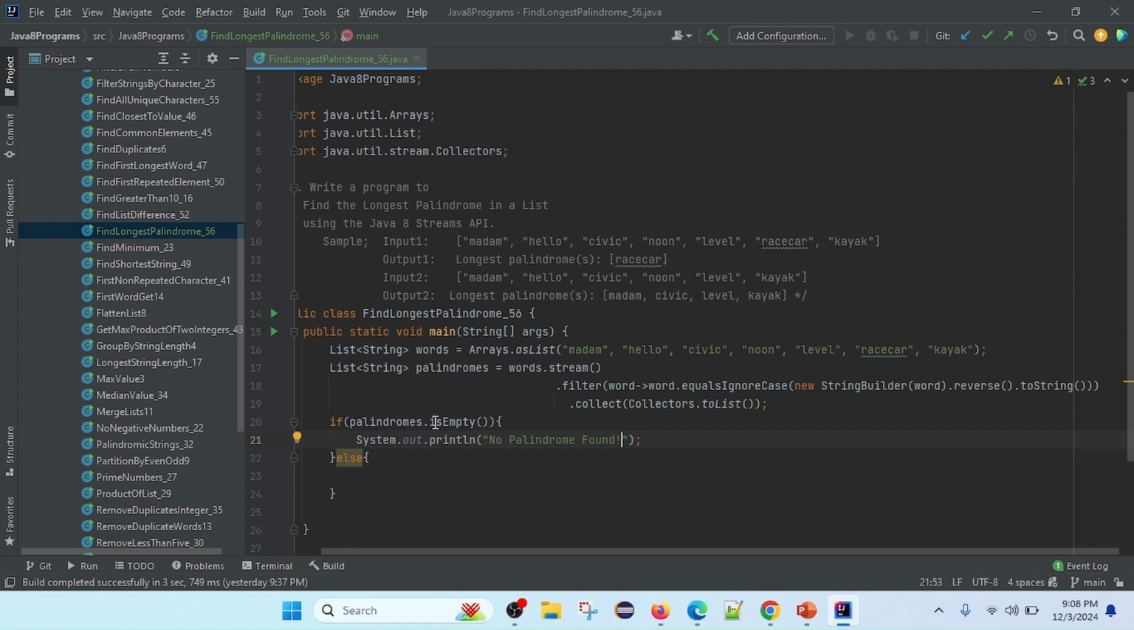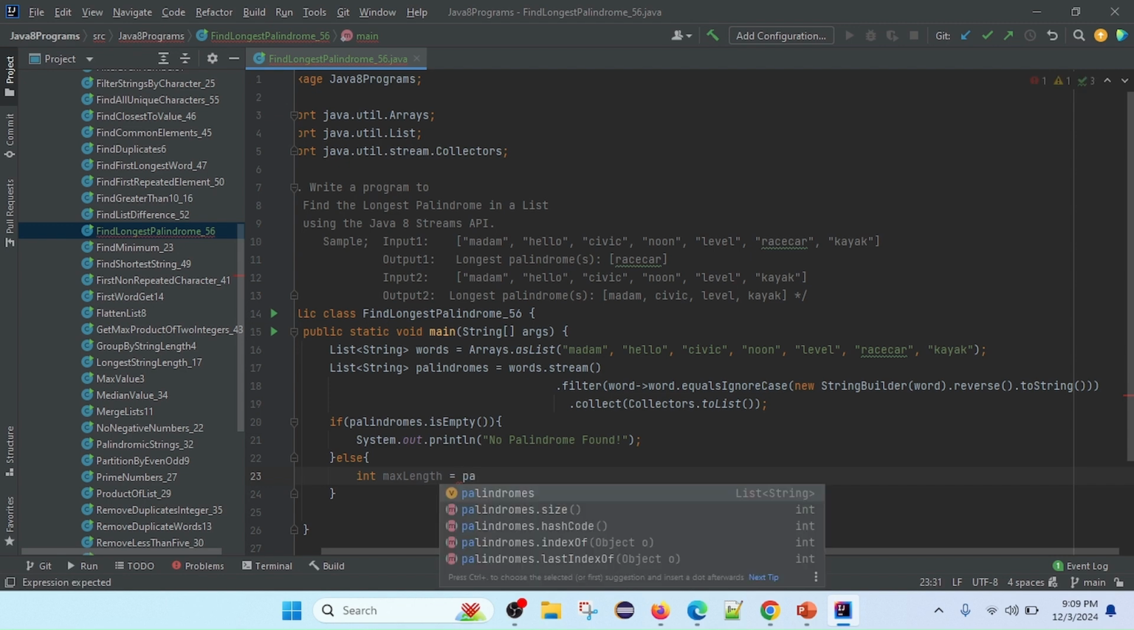If the condition is false, the list contains a palindrome, so the else part will execute. In this else part we need to check the lengths, so that we get the longest palindrome. Firstly we will get an integer, which I will keep as maxLength. Here we will use palindromes.stream().filter,